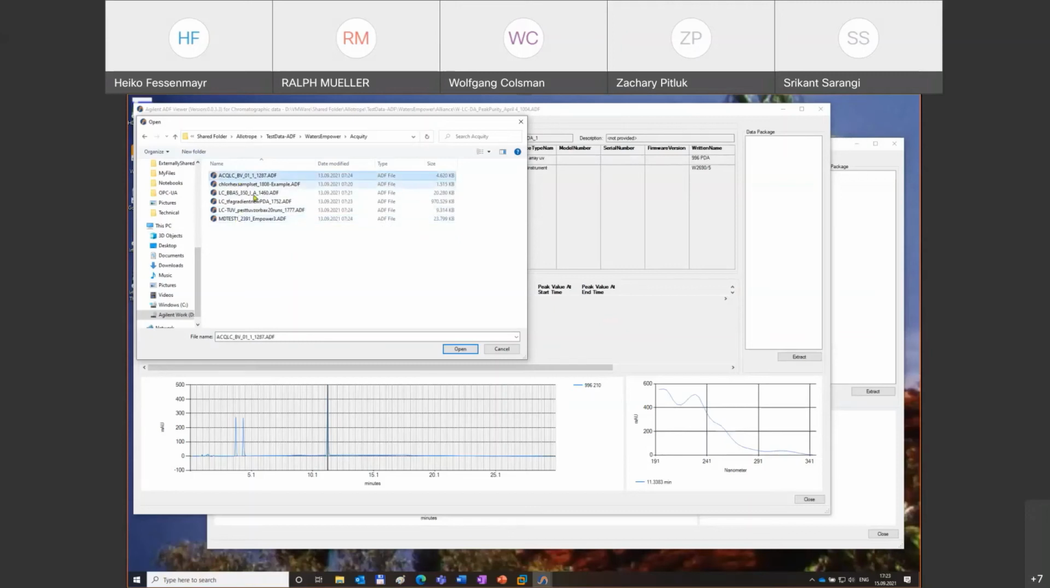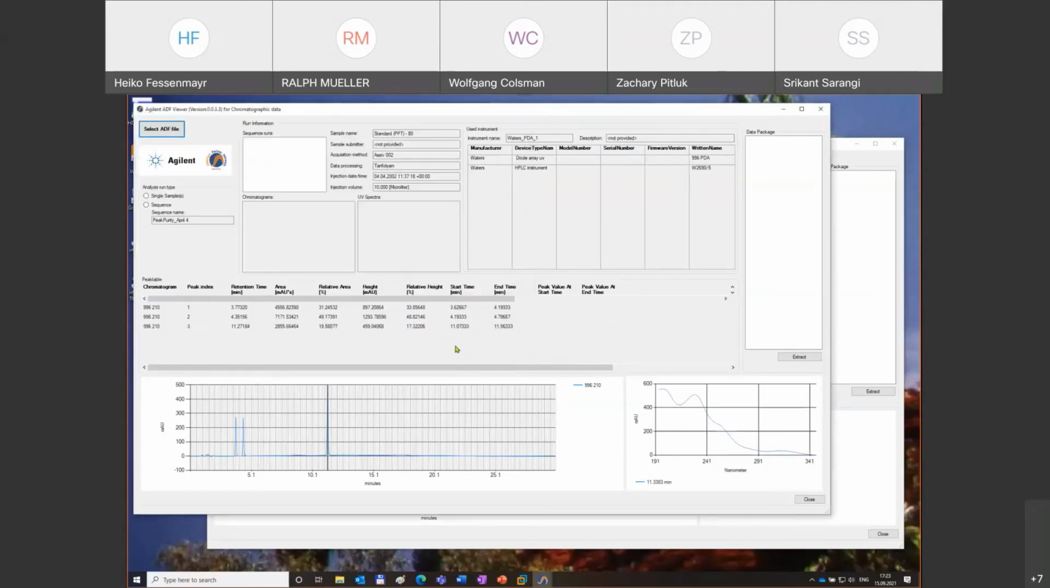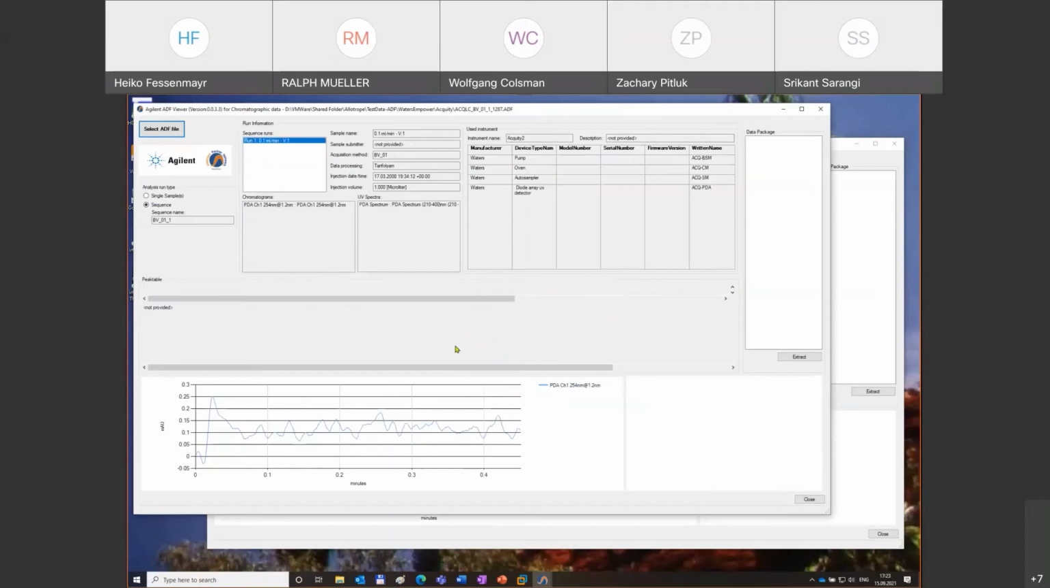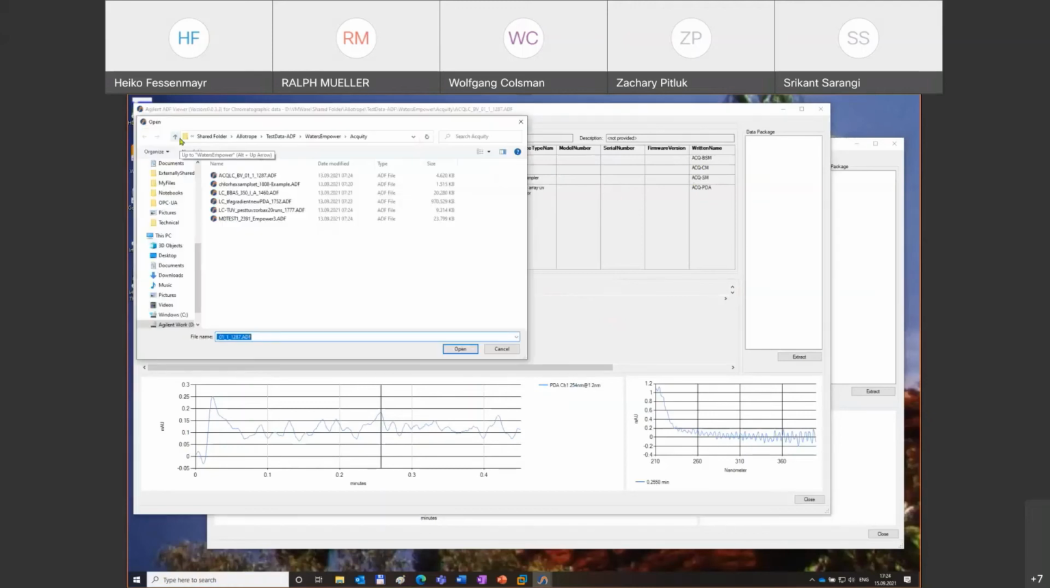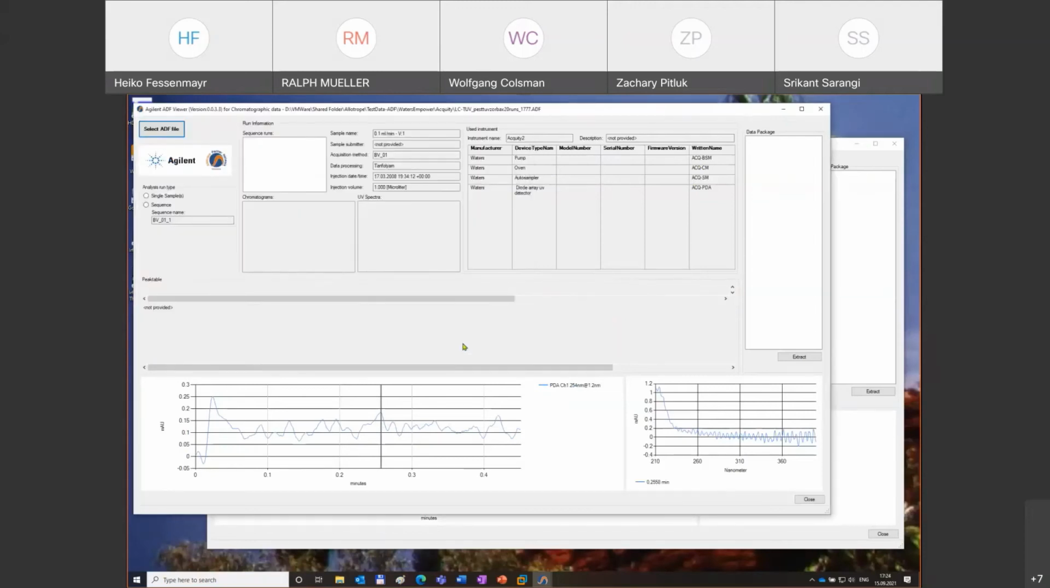That's data that has been acquired by Empower using an Acquity. You see here the Acquity information. You can see also here there's a spectrum available. So that's something that shows how you can visualize or export Acquity data. So let me maybe choose another one that shows some data from a